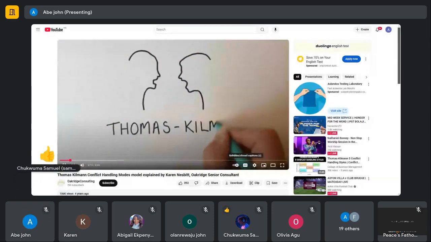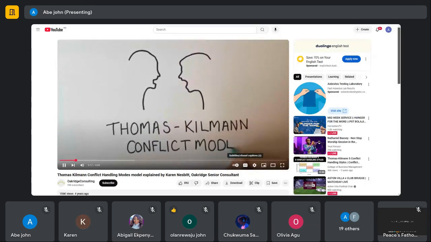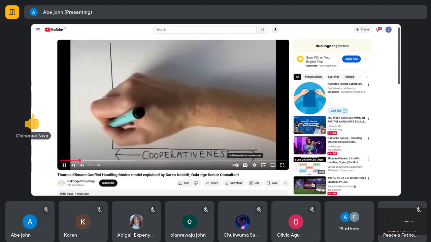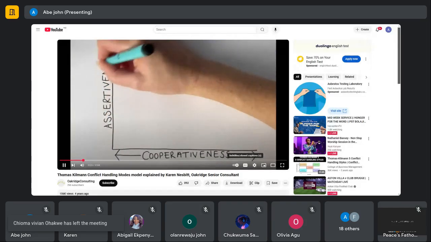Thomas-Kilmann conflict modes is a really useful model in helping us understand how we and others approach conflict. The model is based on levels of cooperativeness and assertiveness.